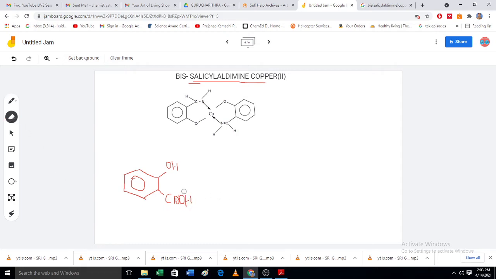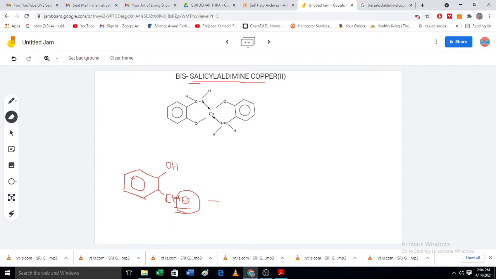So we need to write the aldehyde form of this acid. So we are going to write the salicylaldehyde. Salicylaldehyde, right? Yes. So this salicylaldehyde, how it will act as a bidentate ligand is, before that, aldehyde groups are capable of forming imines with any amine, right? So ஏதாவது ஒரு ammonia or any amine ஓட சேர்ந்து they will form imines. So we will see how they form the imines.